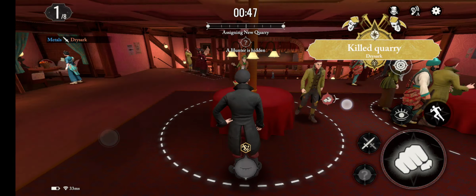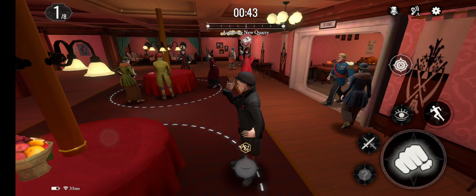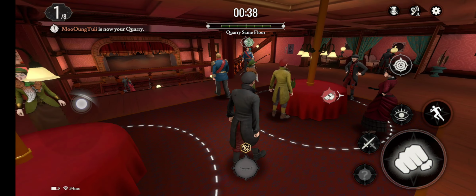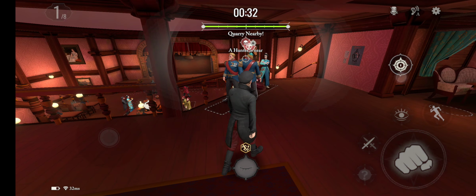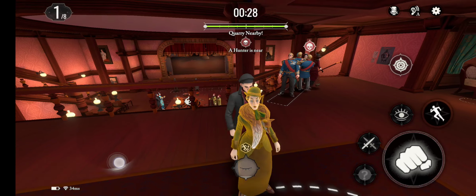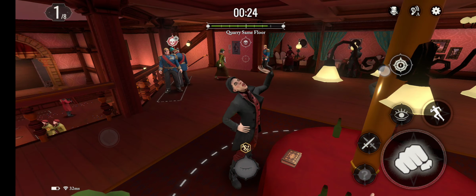And now you can see I respawn with a different Blockbuster card too. I have the one that lets me run longer. When you run, you gain exposure a lot faster, so you need to be careful about that. You can only run for a certain amount of time as well. So there's our... Okay, there's our hunter and our quarry. Okay, I'm going to actually back up a little bit here because they're so close to each other. I don't want to get anything...